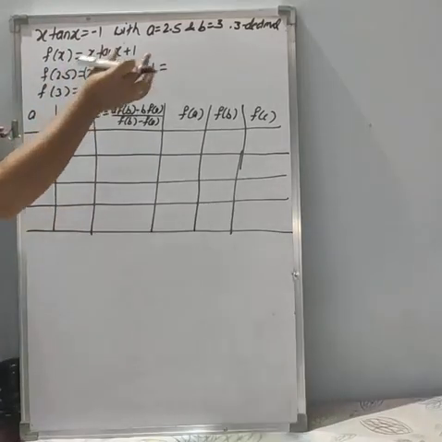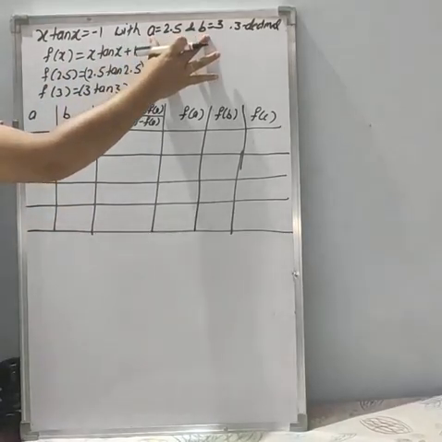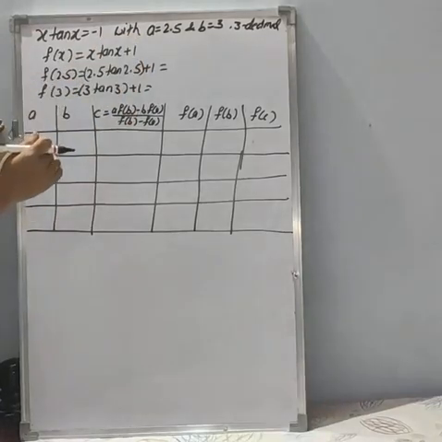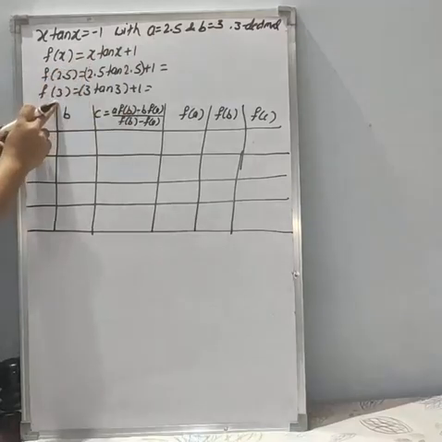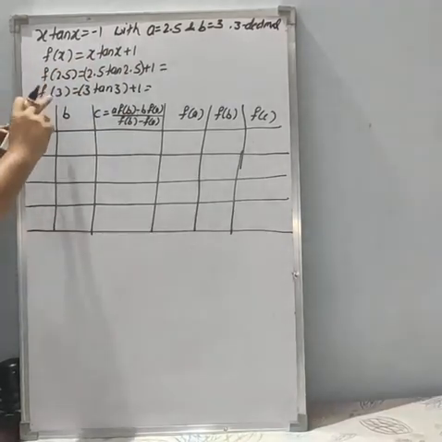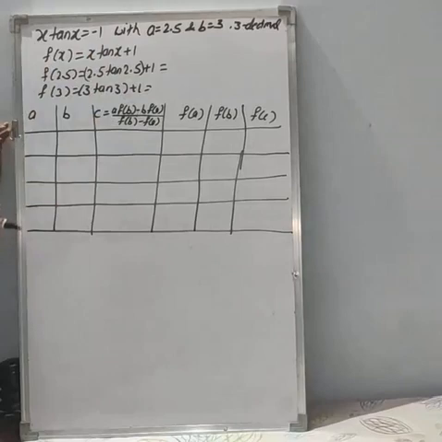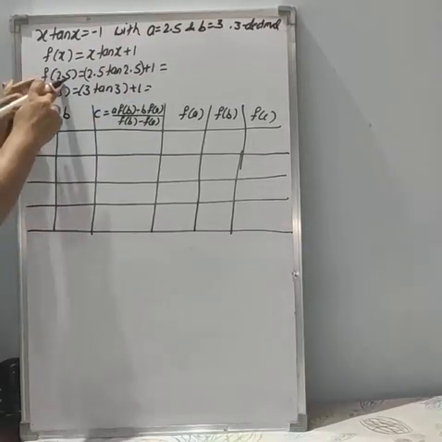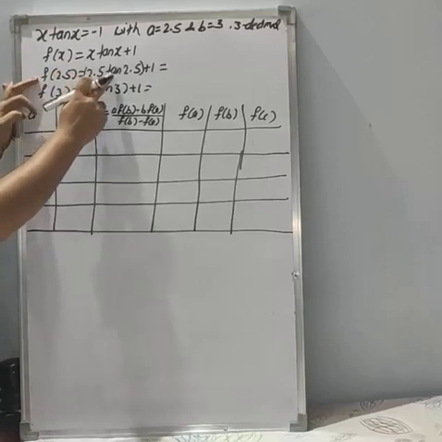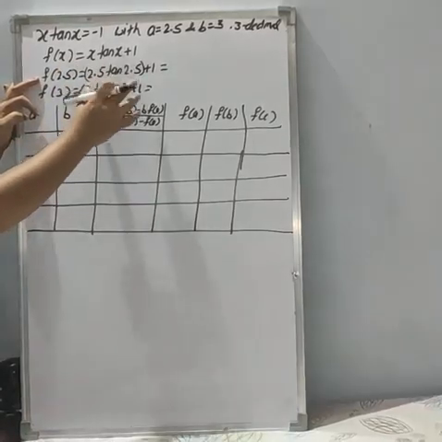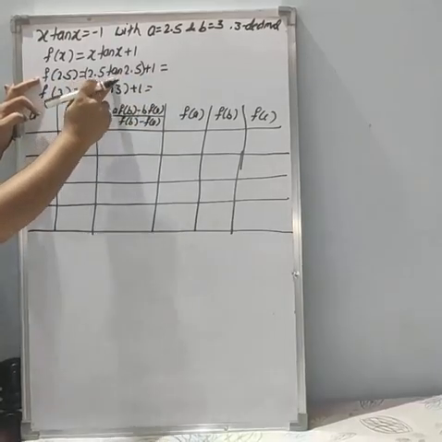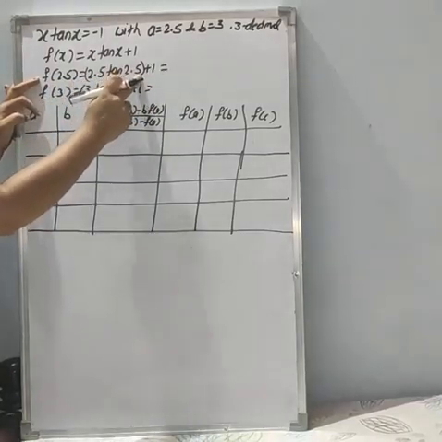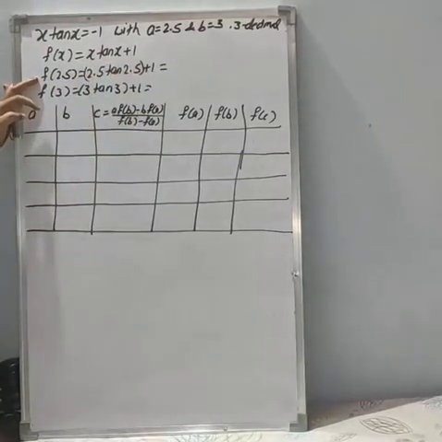Okay. And see here the values of a and b are given, so it is not necessary to start from 0. Directly substitute the value of a, substitute the value of b, and check whether f(2.5) and f(3) are opposite in sign or not. So substitute 2.5 first. f(2.5), what will you get? 2.5 tan 2.5. Put this term in one bracket, complete the bracket, then type +1. You will get your required answer.